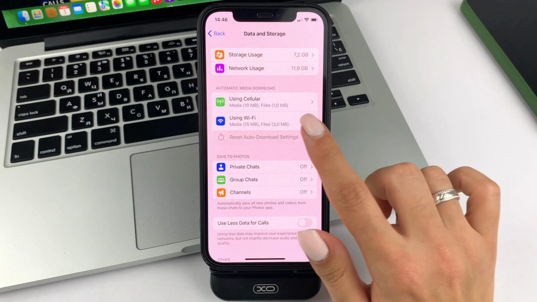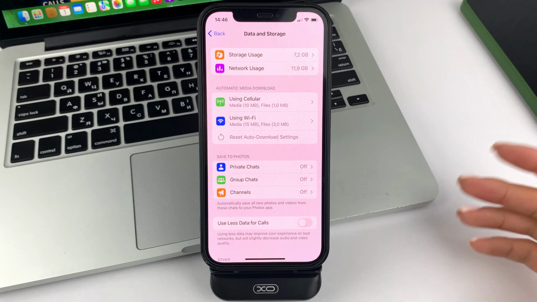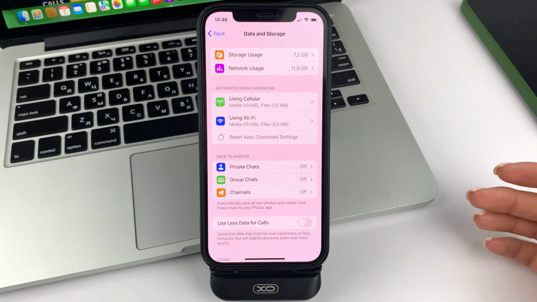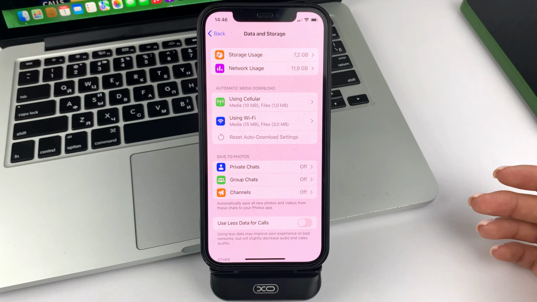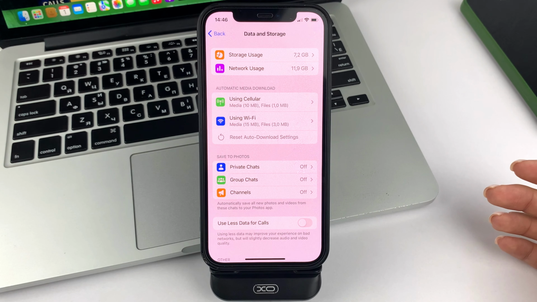Then click on it. As you can see, I don't have this option active at the moment. If you have it active, click on it and confirm your actions, so that you can reset your auto save in the settings.